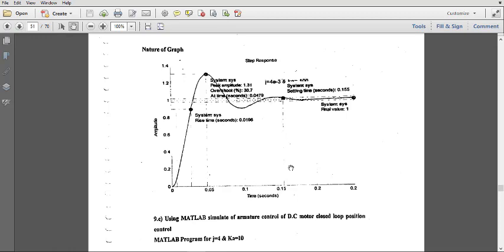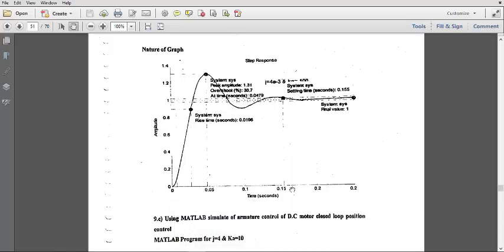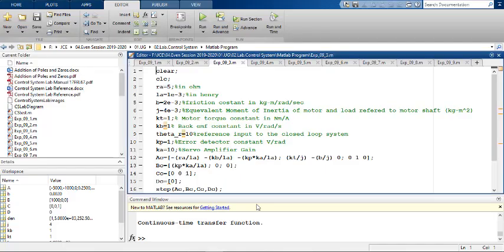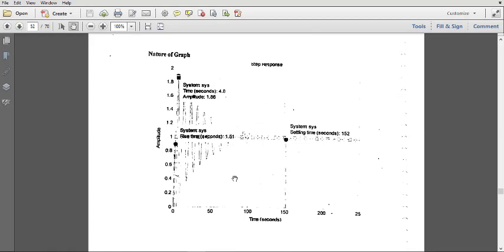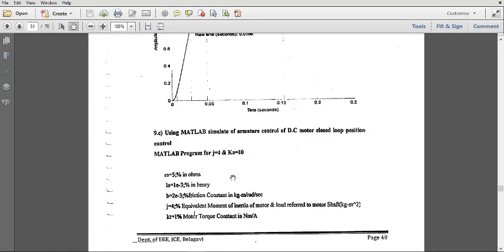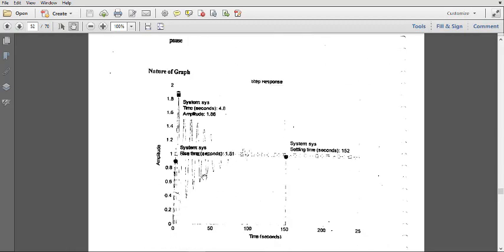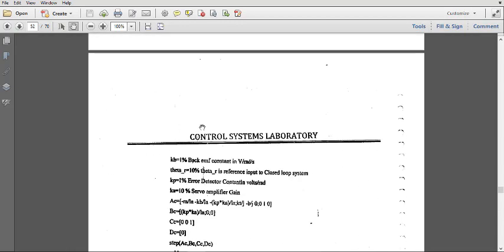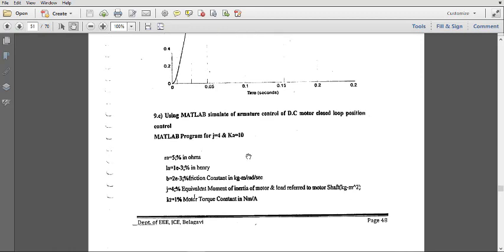I'm not going to perform all these experiments because all these MATLAB codes are there in the drive I have given you. Okay, I'll give you some samples. Just go to the drive and you can find the code there, and if you run the code, you'll have different outputs. The outputs are based on the different values that are being changed here, like j and ka.